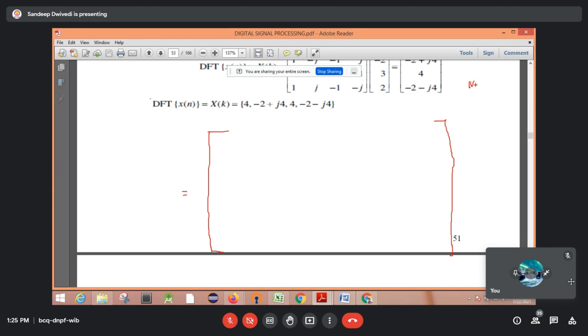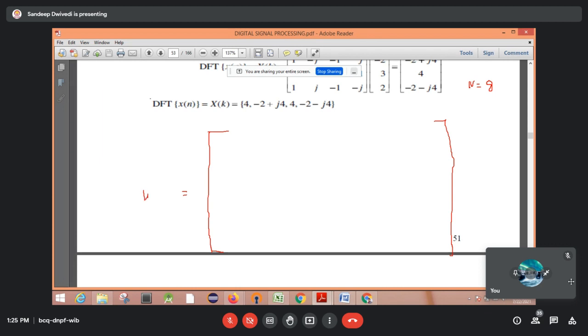What is capital N? It is 8, and the size here is n minus 1. Sorry, instead of elements we must say power. What will the last power be? 49? 7 into 7, because it is n minus 1 into n minus 1. The last power of W will be n minus 1 into n minus 1, and n minus 1 is 7, so that will be 7 into 7. Okay, so this matrix will be 8 by 8, with a total of 64 elements in that matrix.